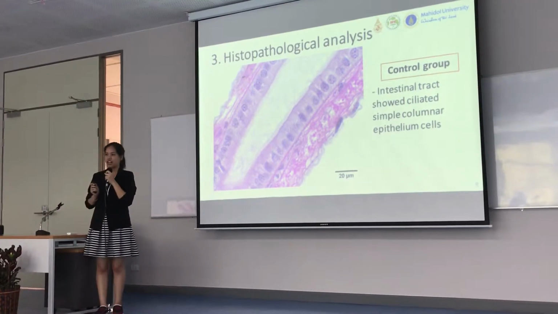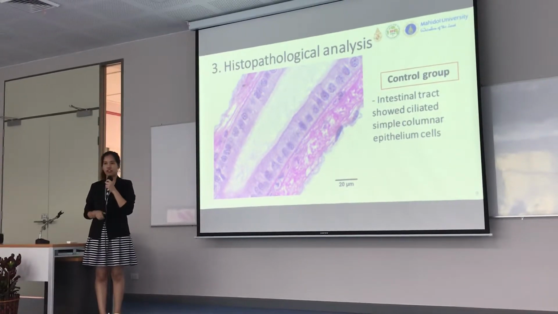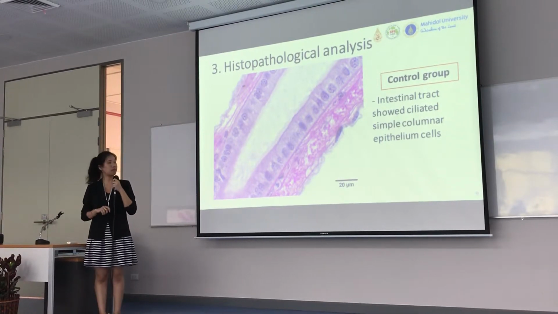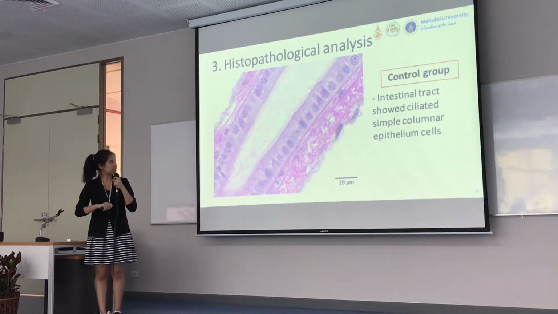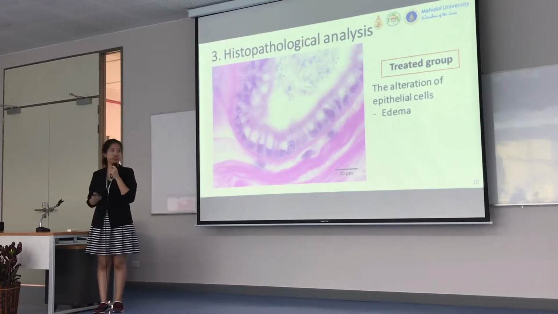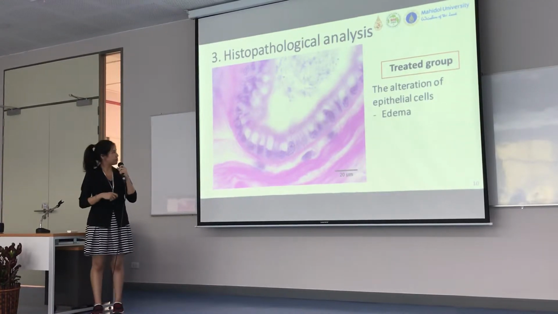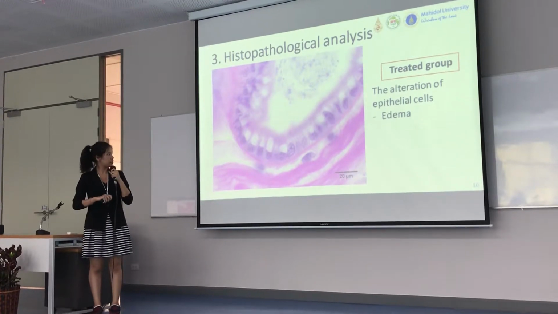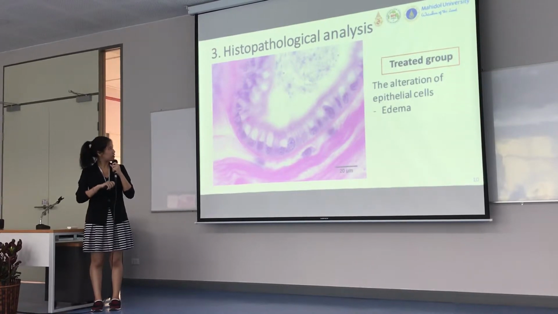Then after culture, preparing the slide and observing the alteration under the microscope, it shows like this picture. This picture is the intestinal tract of the control group that shows ciliated simple columnar epithelium, like you see here. And after treatment with the extract, it shows alteration of the epithelial cells. This picture represents the edema of epithelial cells,